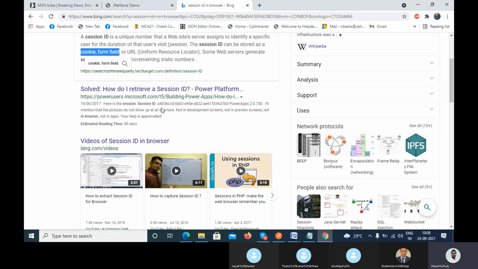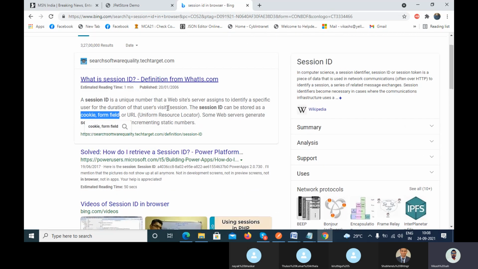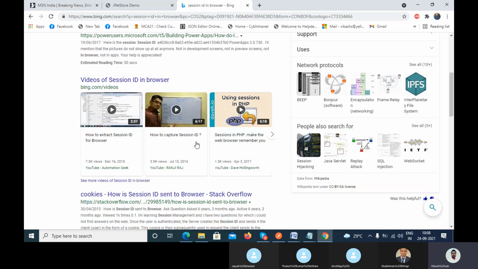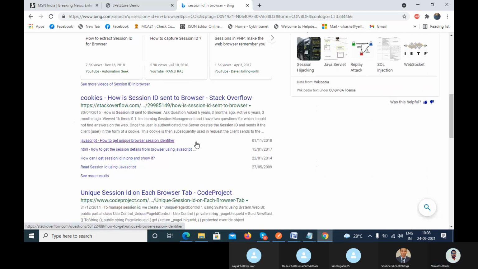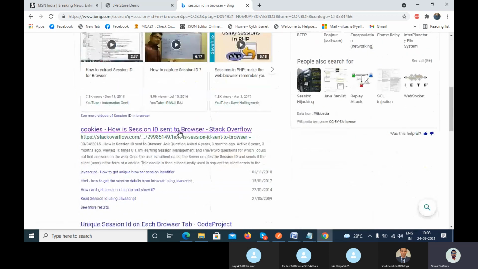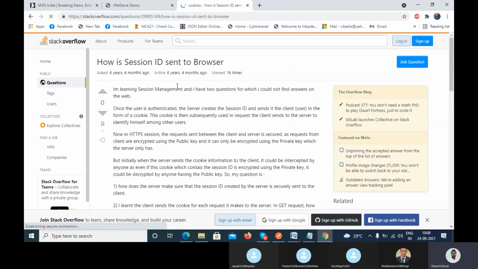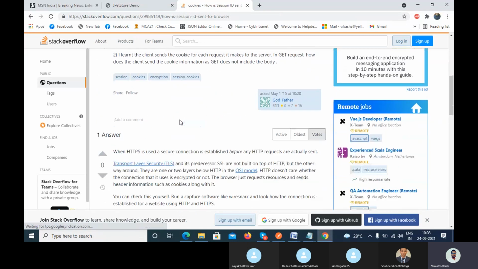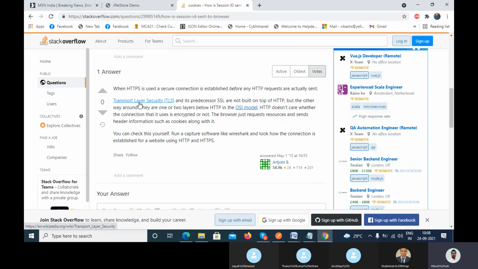So you can see this explains the session ID, guys, and it is stored in the browser; that is known as a cookie. Anything you perform in the browser, the browser stores that, and that is known as a cookie. I have searched for the session ID. If you have any confusion, here is Stack Overflow, where someone has asked the same question. You can go and read it.